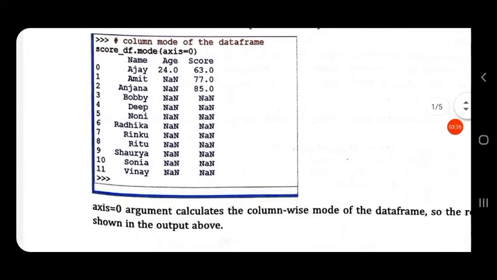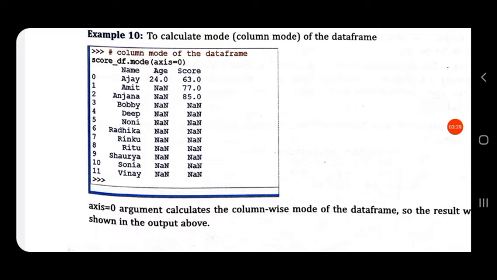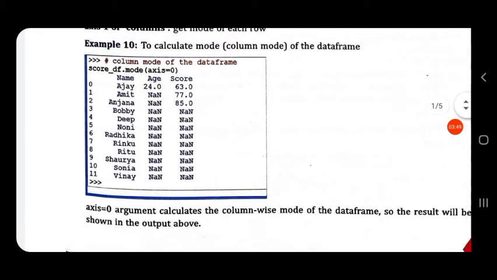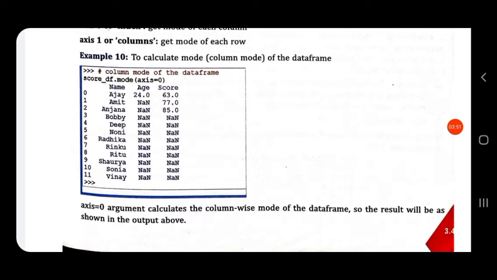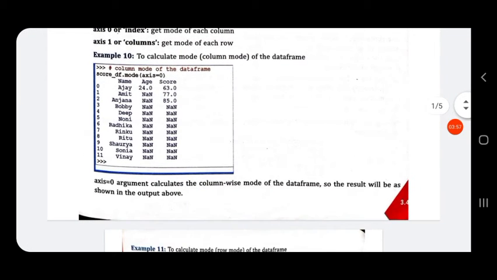So we can calculate the mode by using the statement score underscore df, that is the data frame name dot mode, in bracket axis is equal to 0. So here we have three columns. So since axis is equal to 0, it is given, and column name is also not given. So from every column the mode will be calculated. So the argument calculates column wise mode of the data frame. So the result will be as shown in the output.